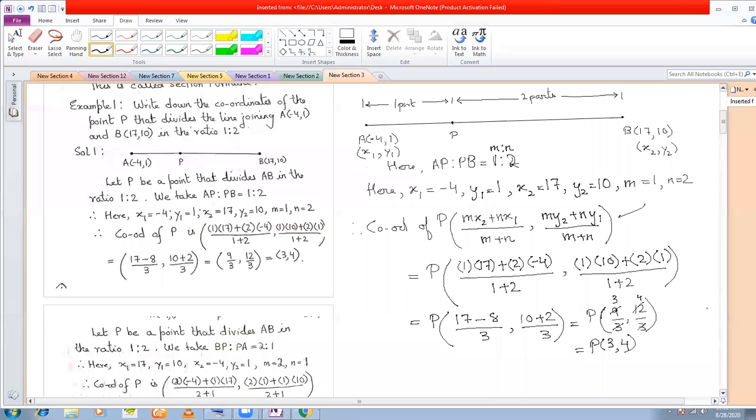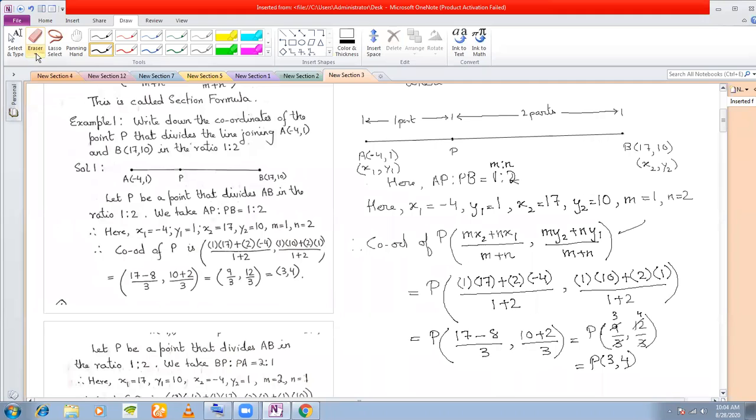Fine. Now what we'll try to do is we'll work out the same problem, but in a little different manner. That is, we started from A. This time we are going to start from B. See what are the changes that are going to take place. When we are going to start from B, first of all, we are going to take this one as our x1, y1, and this one as our x2, y2. Also, the ratio that we are going to take, two parts lie here. So since we are starting from B,